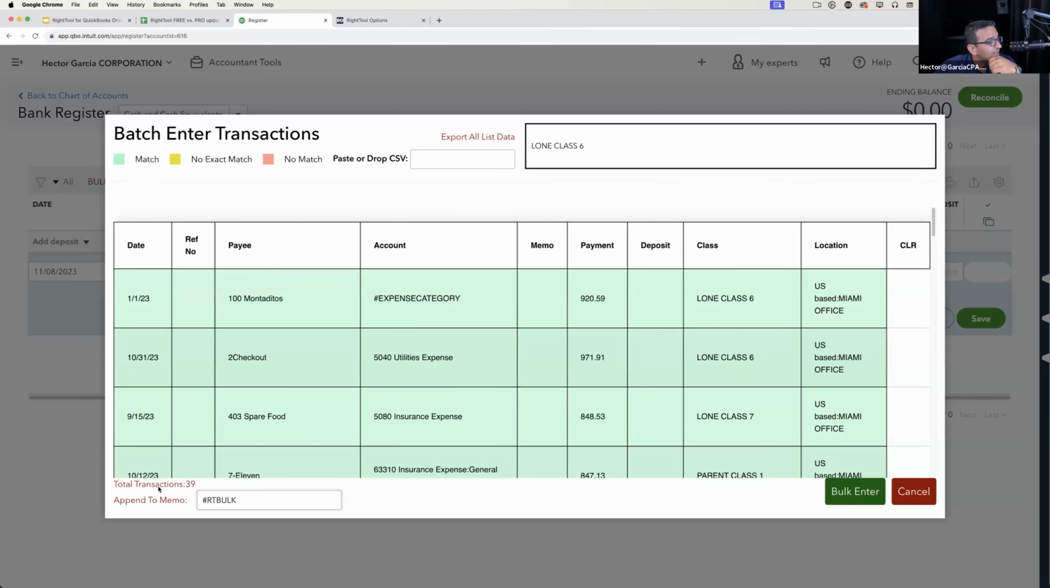Okay. Then down here, you're going to see total transactions. Basically for you to quickly check, okay, did my copy and paste work? Is it the right amount of transactions? And then this is the single most important thing, especially when you first start experimenting with this, is you want